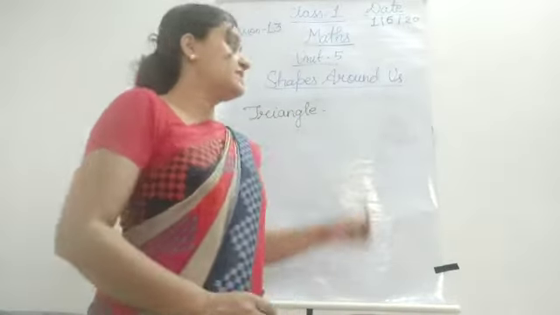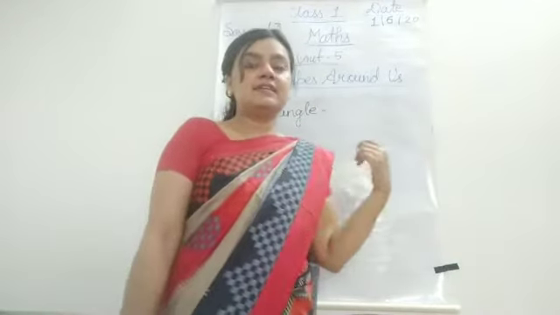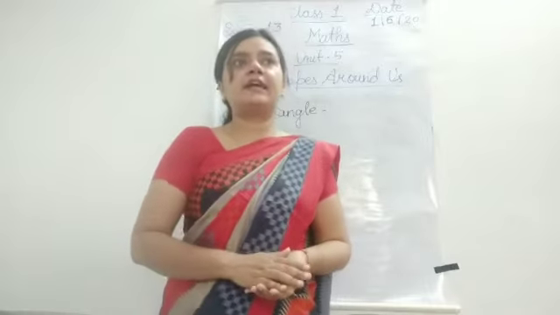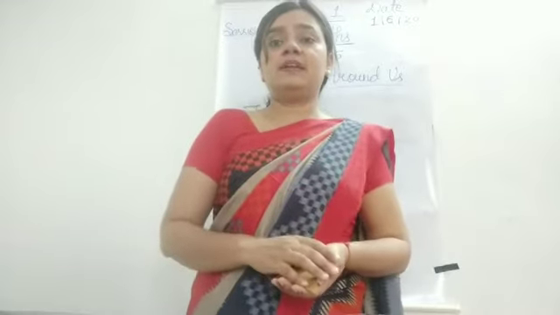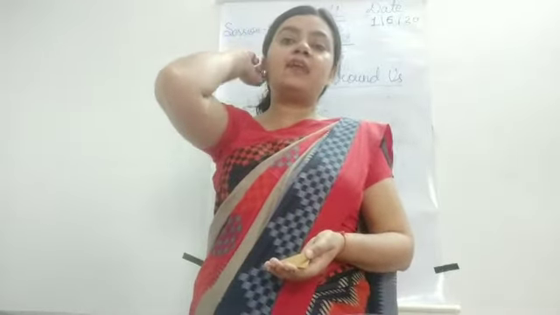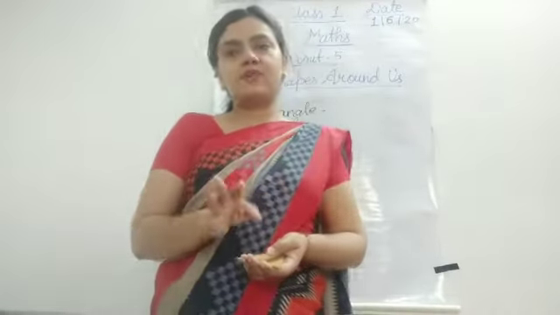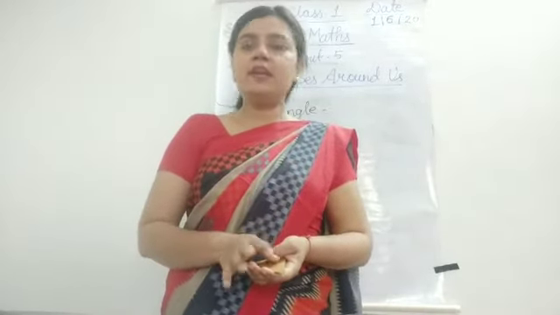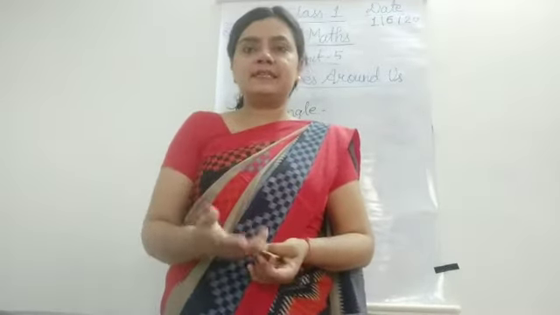Today we will deal with some more topics related to our chapter number 5, shapes around us. Related to this chapter, two shapes we had already discussed in our previous session, and the shapes were a rectangle and a square. About rectangle, I told you that a rectangle is a shape in which four sides and four corners are there and opposite sides are equal. Example we had already seen in that session. About square, I told you that in square also four sides and four corners are there, but all sides are equal. In rectangle, opposite sides are equal, and in square, all sides are equal. That we had already discussed in our previous session.